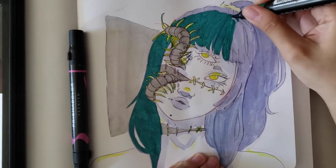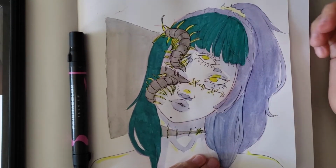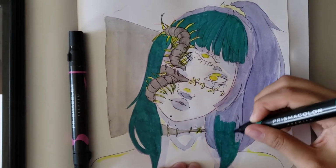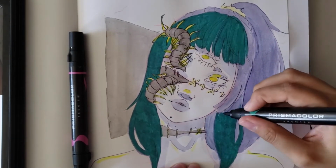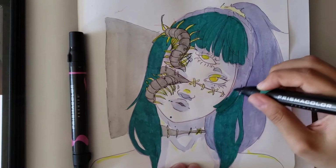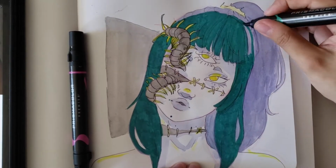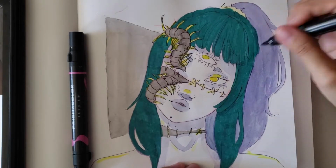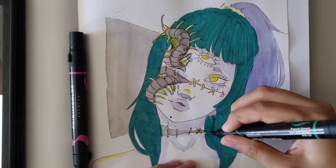As you can probably see though, the drawing was not finished. There was a whole bunch of details missing from this drawing, and the colors were very plain. There was no shading whatsoever, the colors were very uneven, and they were extremely faded. The color of her hair was supposed to be vibrant and colorful to make up for the lack of color